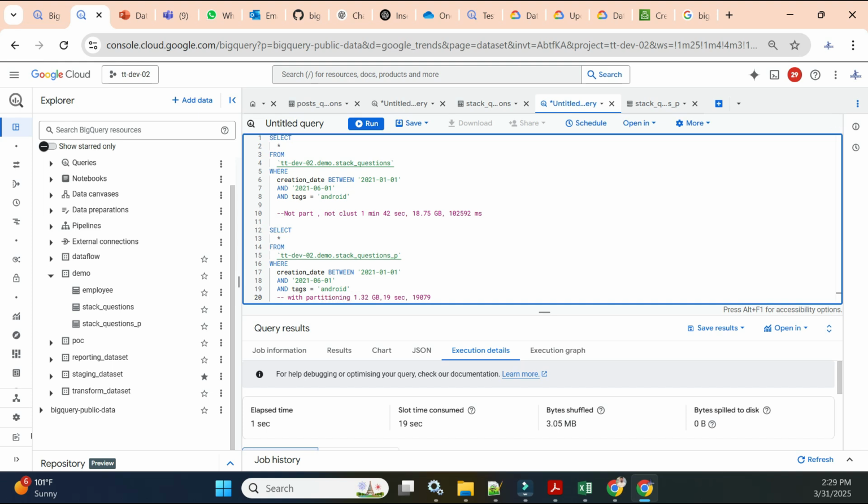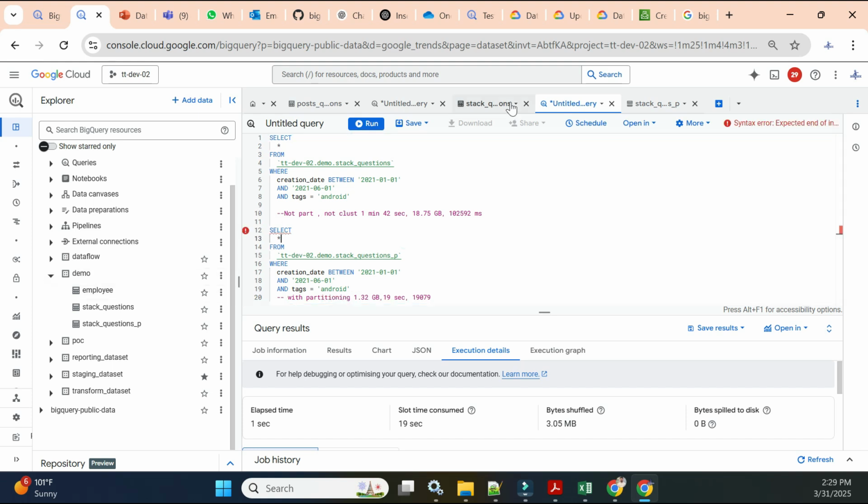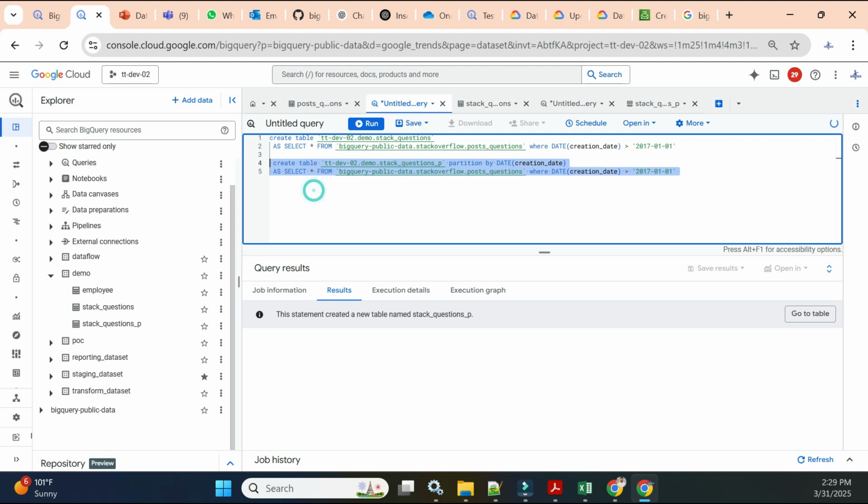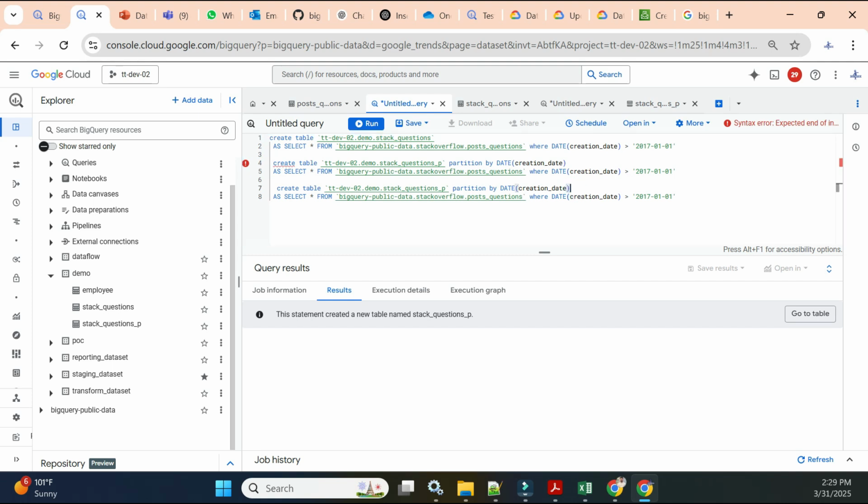Now I will create one more table which will have partition as well as cluster. Again, go back to the same query. Here I will just modify the query. I will create one more table which will have both partitioning and clustering. So the partition by will remain the same. For the cluster, what we can do,